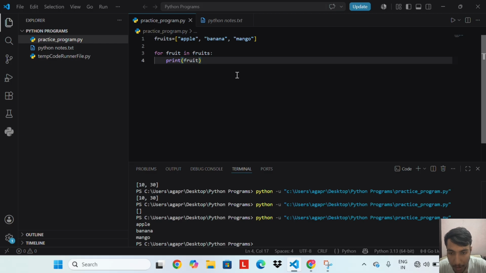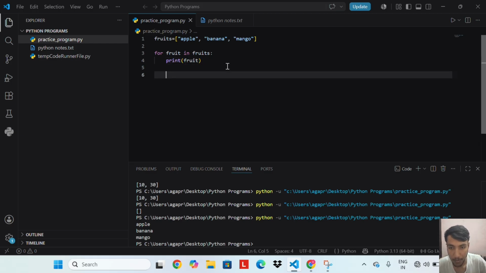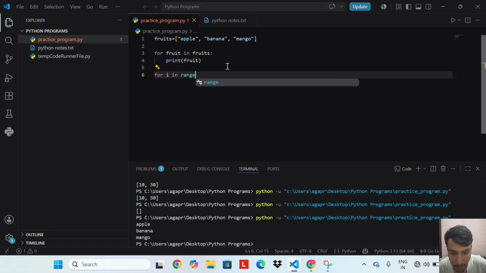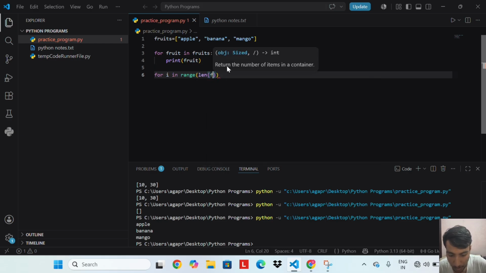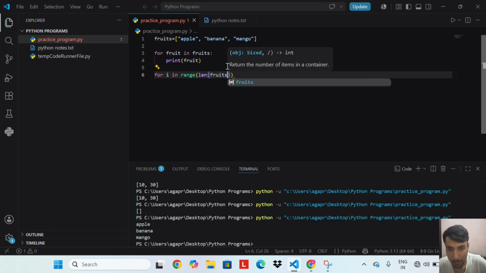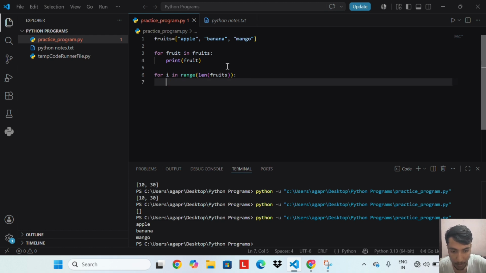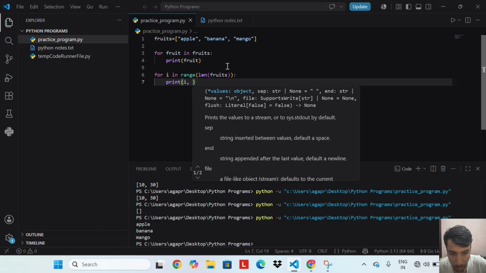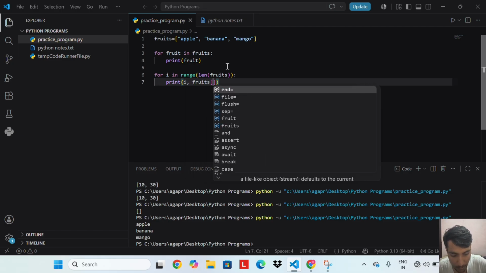And if I write for i in range len fruits, print i, fruits i.